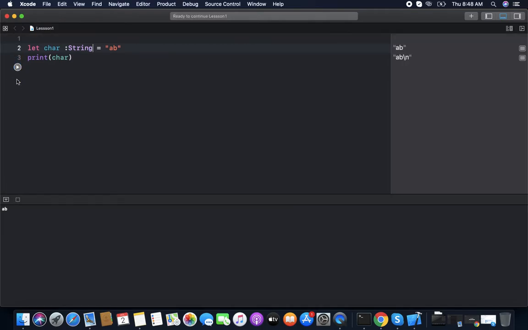So it will be a string. Now if we do not define the type here, then by default this type of value is a string. Even if it is a single quote with a single value, it is also a string because we did not define any type, so it treats it like a string only, not a character.